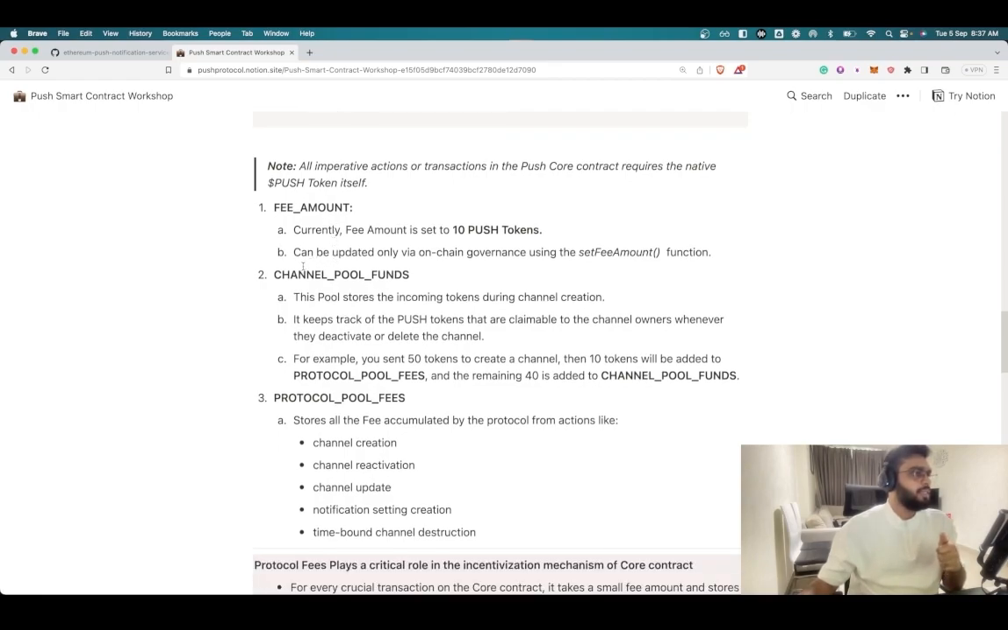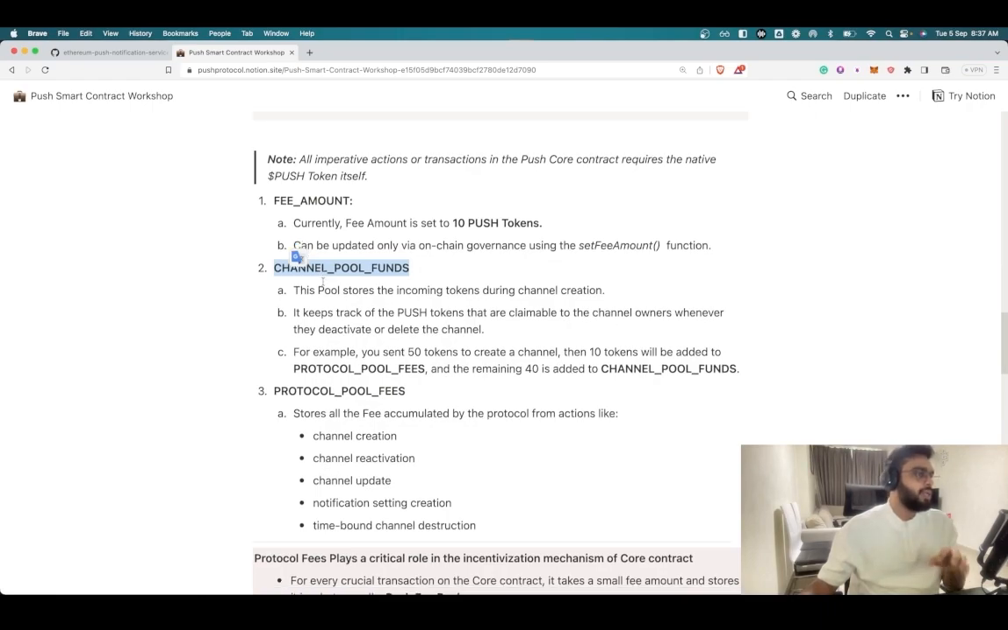Channel pool funds, on the other hand, this state variable is specifically designed to store the incoming tokens during channel creation. So this one keeps track of all the push tokens that are claimable by the channel owner whenever they deactivate the channel. So this is the state variable that is simply storing the amount of push token that can be claimed anytime back by the